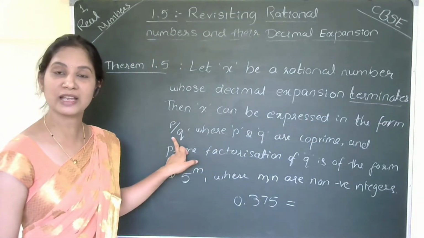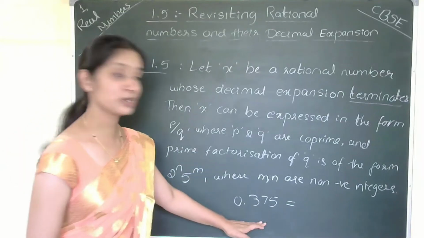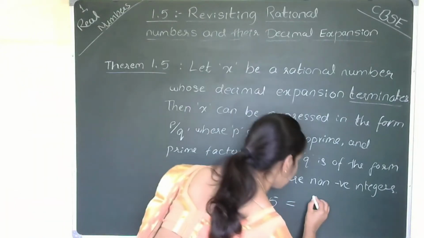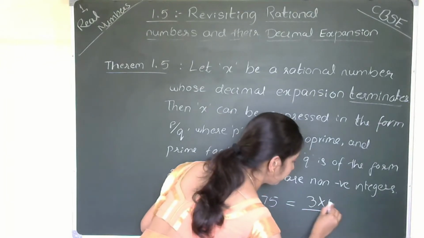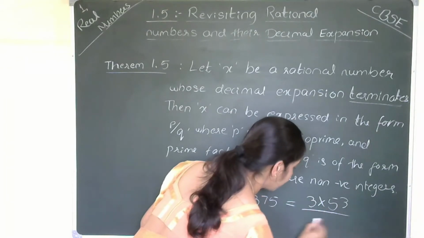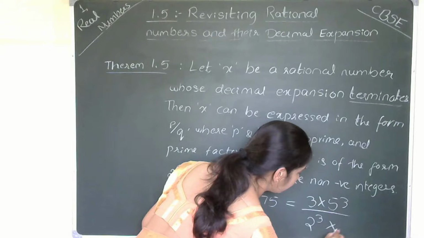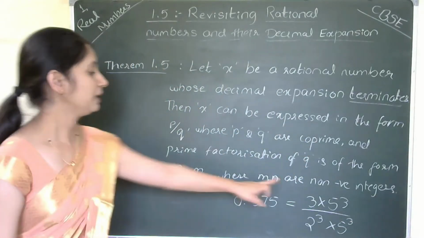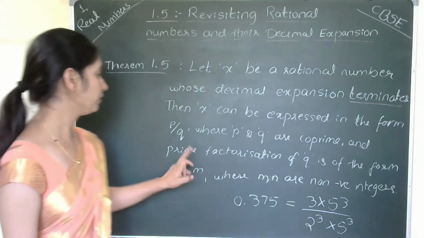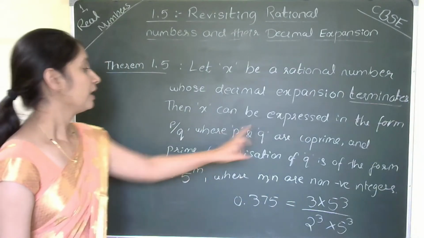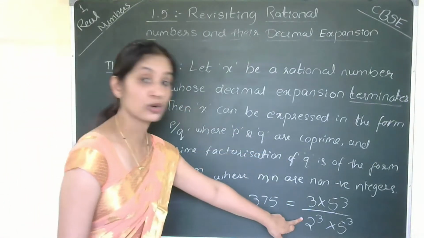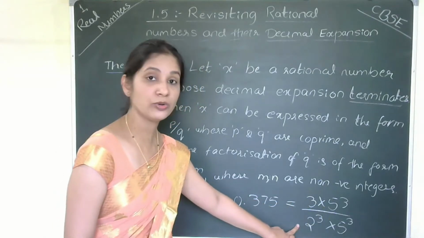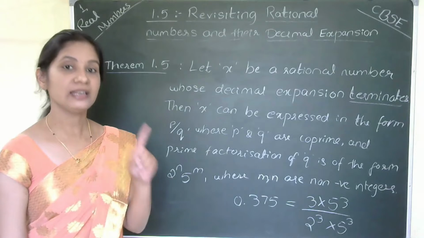How have we expressed it? Yes, we expressed it using numerator and denominator, that is 3 into 5 cube divided by 2 cube multiplied by 5 cube, right? So in the form of p by q we have expressed it, where these two are co-prime numbers because 3 and 5 or 2 do not have any